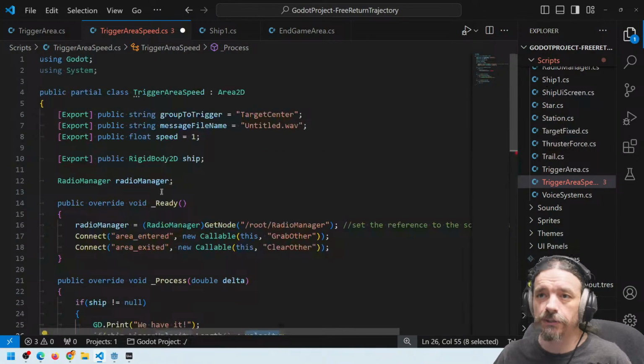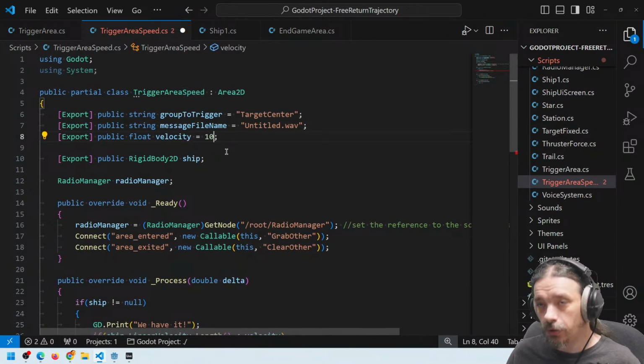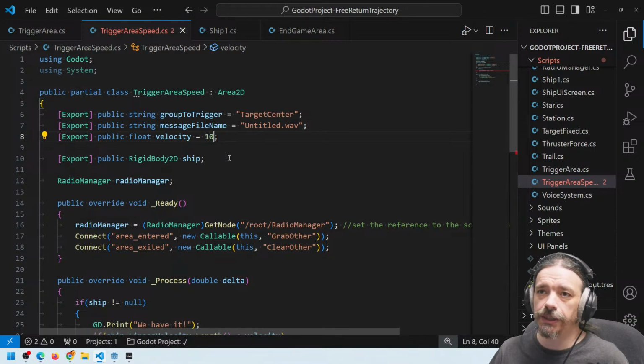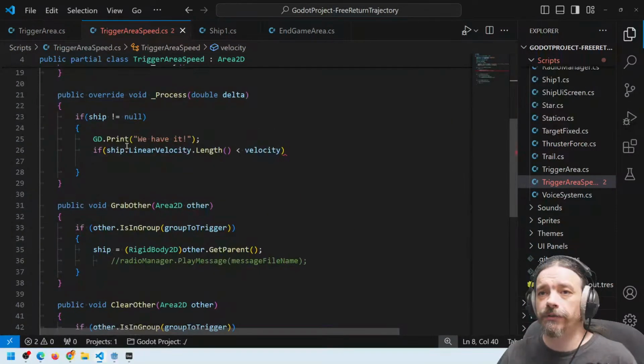Let's change the name of the variable to velocity. Let's give it a little bit more, 10 as a default value. So if it's lower,